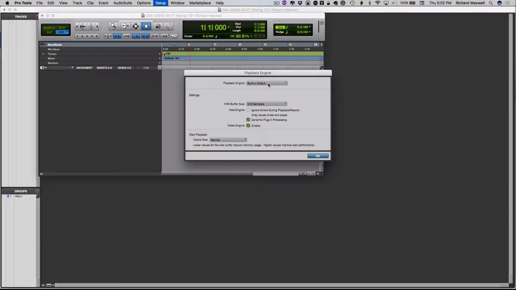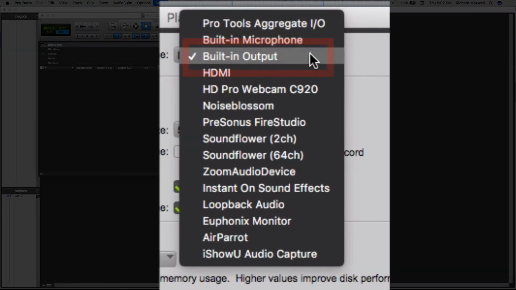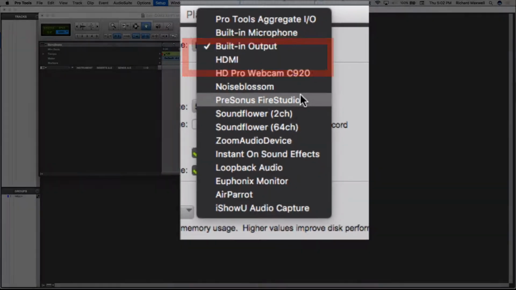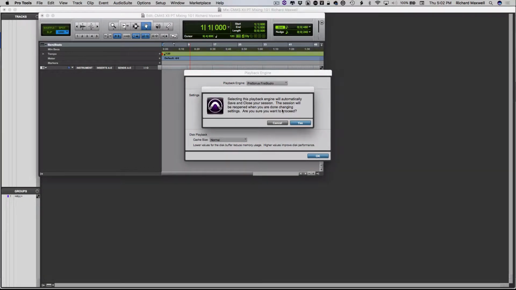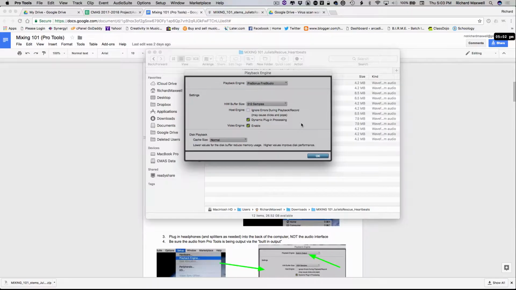In my studio, I need to do it a little bit differently. So I'm going to select this interface that says PreSonus FireStudio. I have a whole bunch of options in my studio. There's a whole bunch of other things that I don't even have hooked up here. So don't let this list intimidate you. Your list will be a lot smaller. You're looking for built-in output, but forgive me for a moment, I have to change mine to FireWire Studio or this will not work for this demonstration. I am going to simply leave all of this alone, hit OK,